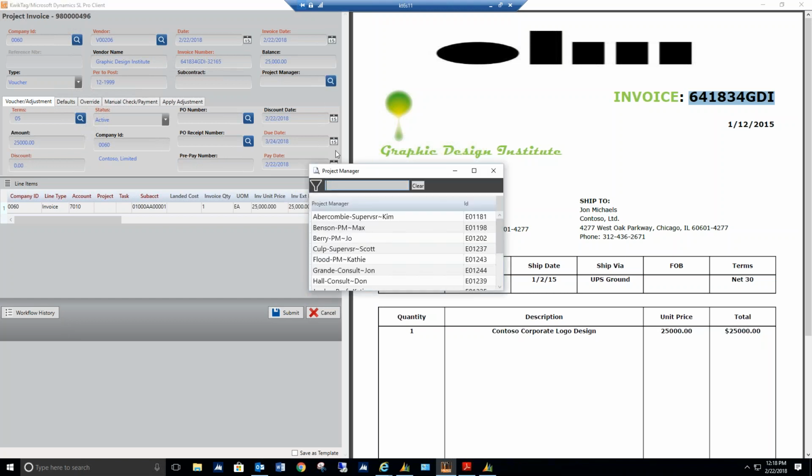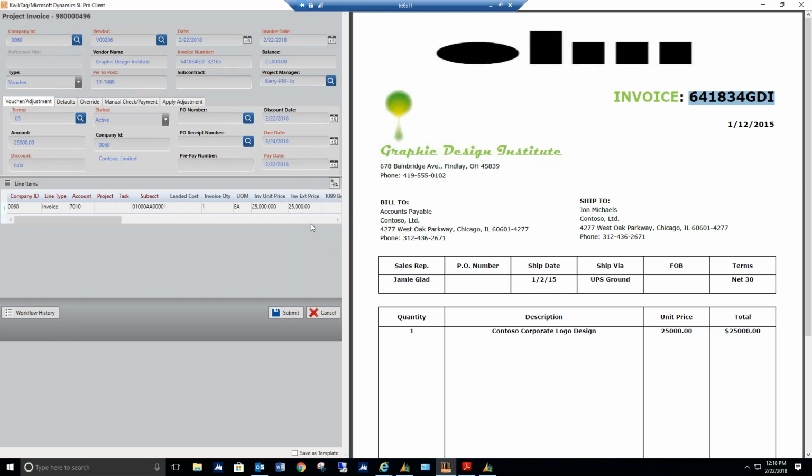But because I know this is for a project, I'll go ahead and put a project manager in here. We'll give this one to Barry. It's his project. But I'm going to leave project and task blank here. The reason is my job as AP is done because I've done the data entry that I know, but I might not know what specific project in SL this is related to. So before I click submit to route this invoice for approval to the project manager, who will enter that project and task detail,